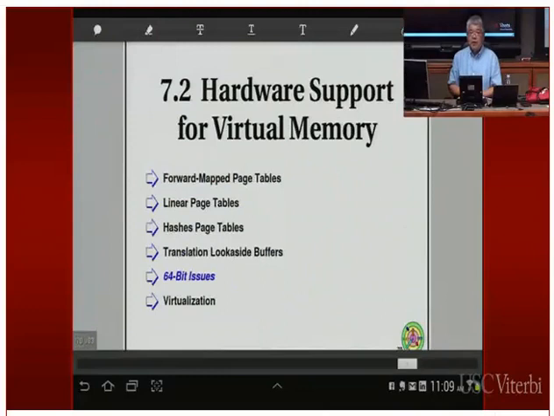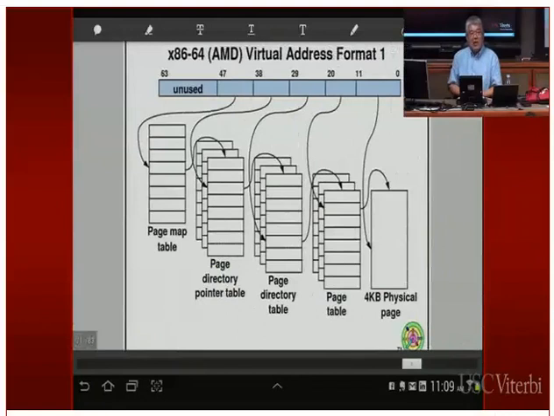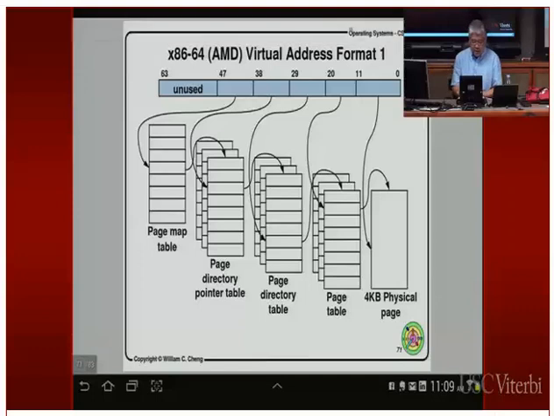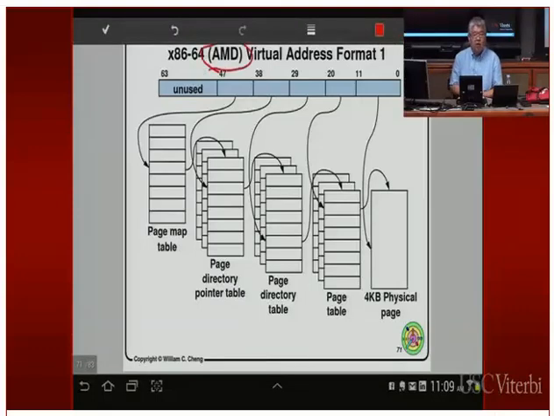Finally, I just want to briefly mention the 64-bit issue. So we've been assuming that the virtual address is 32 bits long. What if you have a 64-bit processor, right? The address is 64 bits long. All right, so we actually use this scheme, multi-level, right, 1, 2, 3, 4, 5, 6 levels. As it turns out, this one is actually done in the Intel clone, the AMD processor. They use this particular scheme. Okay, and it turns out that this one is so popular that the Intel scheme is actually not being used. So by default, everybody's using the AMD scheme.